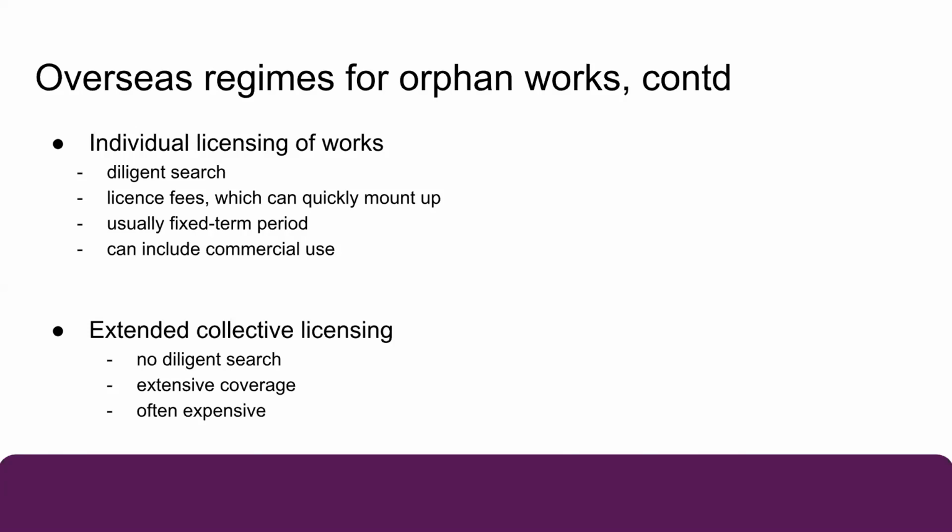The Intellectual Property Office licenses the work. The licence is non-exclusive. Its use can be both for commercial and non-commercial. They have both types of licences. Sufficient acknowledgement must be given to the missing rights holder, and the licenses last for only up to 7 years, and then you have to do it all again.